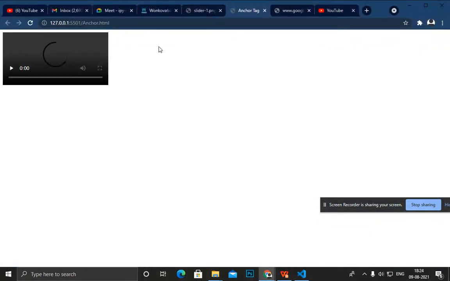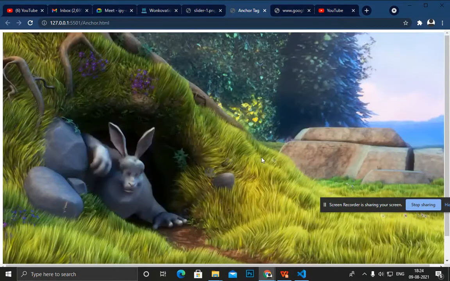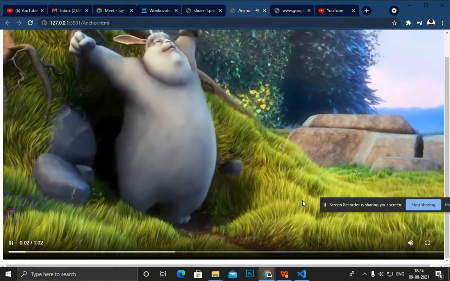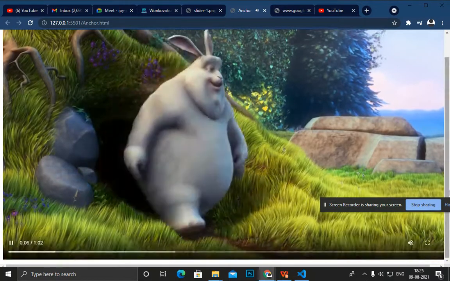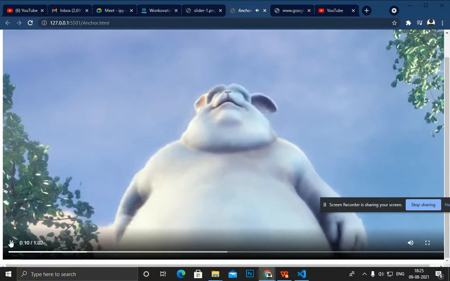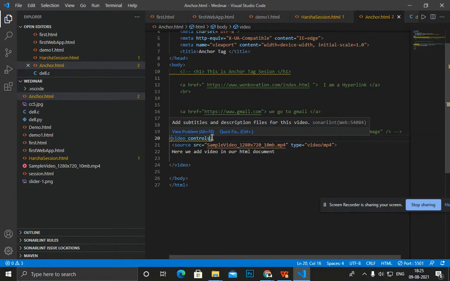Now you check, this will be placed in my browser. Just a minute. Here you see I just play this. This video is now placed in my browser, but you see that this video takes the full screen, so we will resize it. Before that, I just show you what is displayed if you don't write controls here.